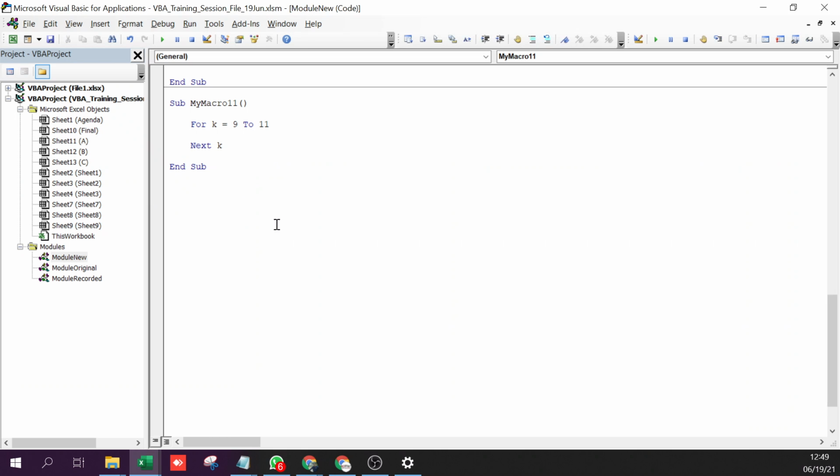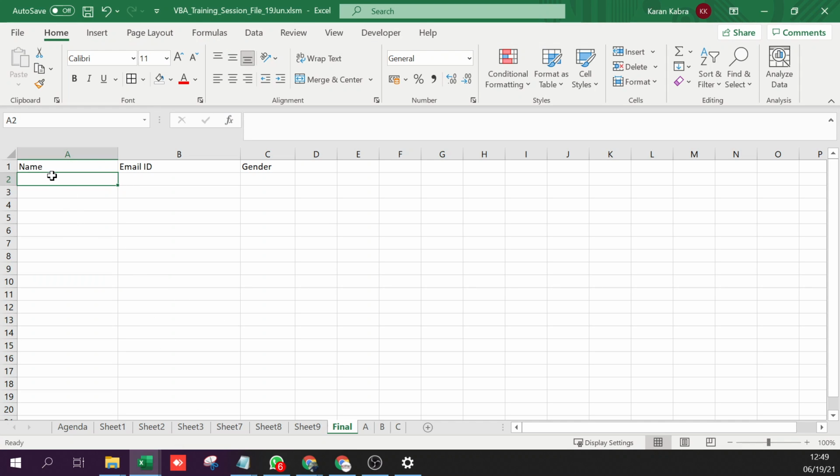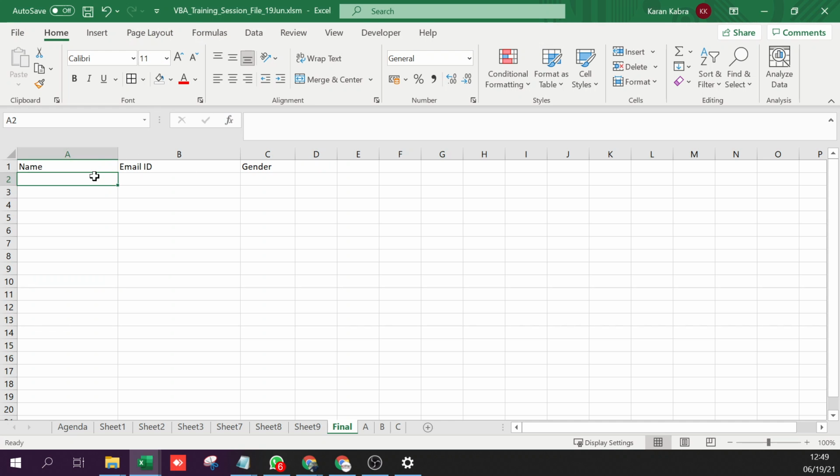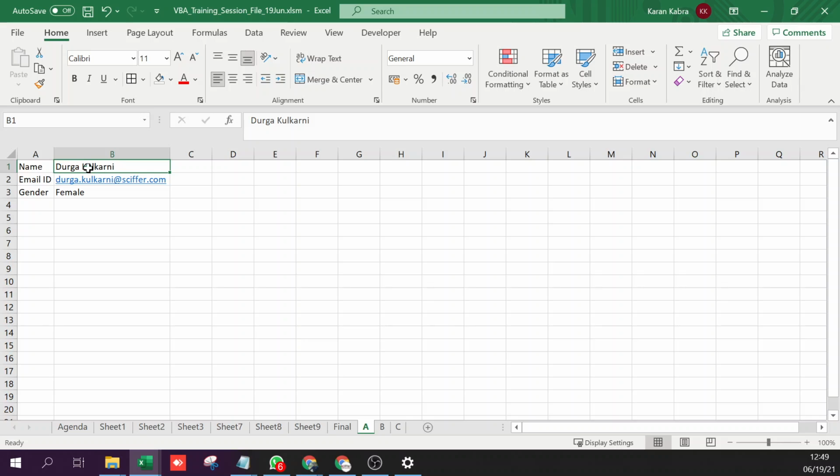Right? So sheets final dot cells 1 comma 1. For now, let's just write 2 comma 1 dot value equals. The first row is the header row. Which value do I want to write here? This sheet's this value.